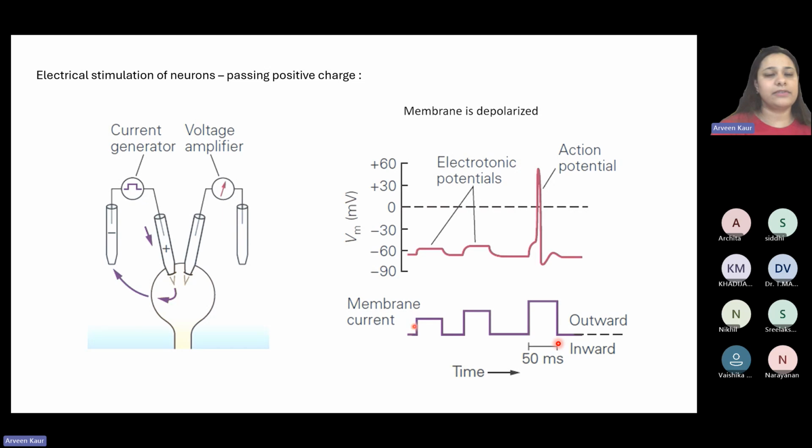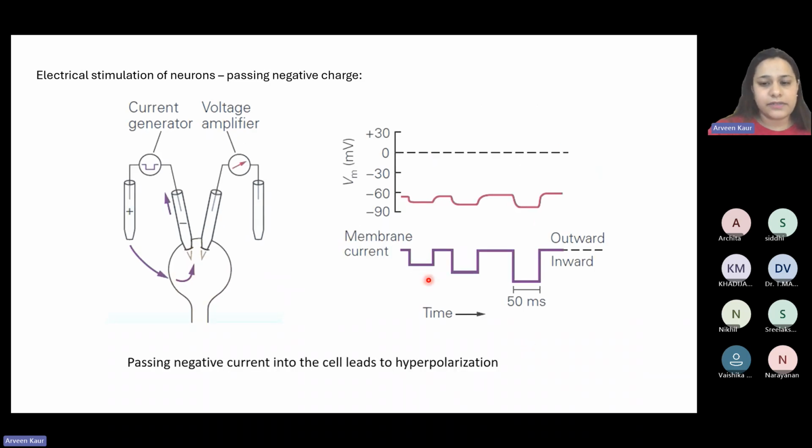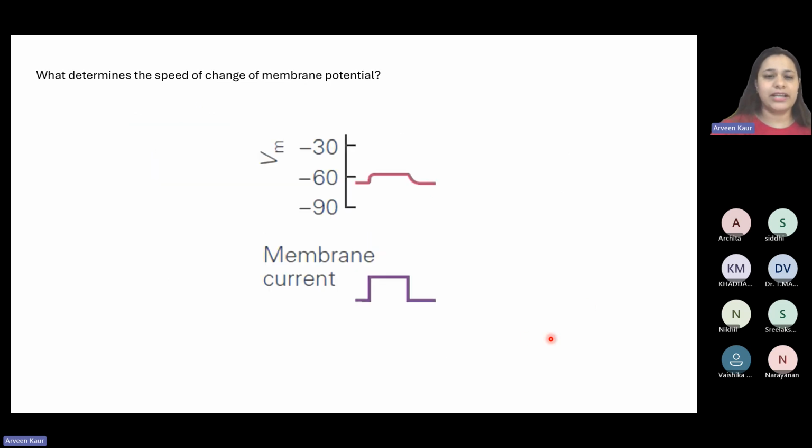Because as I said, we will discuss the action potential and why that particular peak looks like that in the subsequent lecture, right? So over here also we are giving so much current, but the value is dipping only a little bit as compared to the amount of current that we are giving. So why is that happening? What is determining the speed of change of the membrane potential? We are going to talk about two major phenomena corresponding to this. They are the time and the length constant.